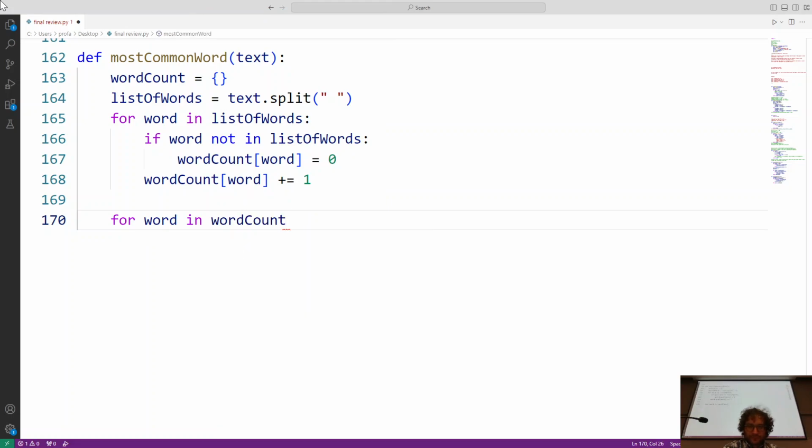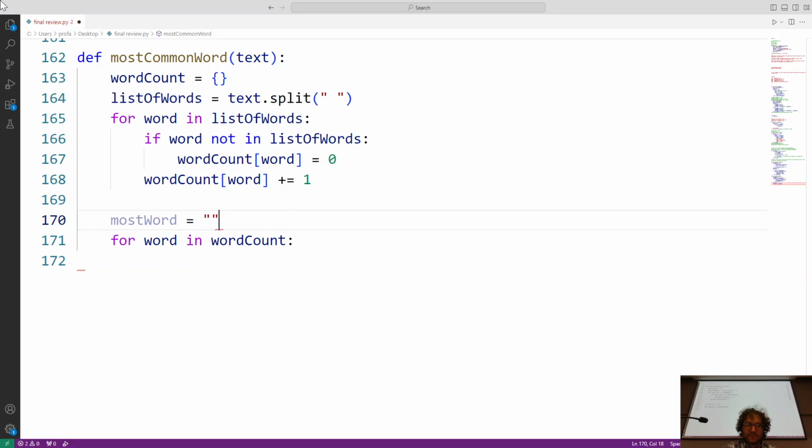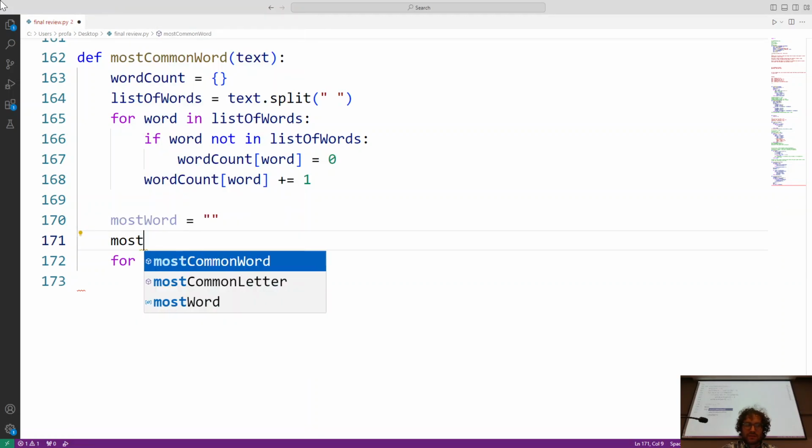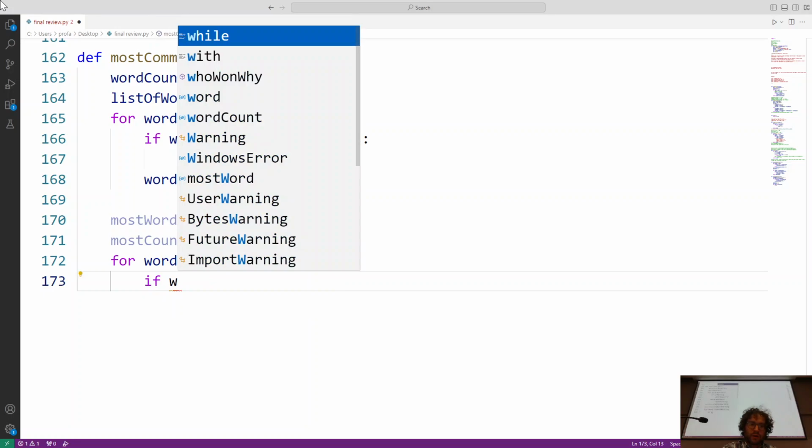What we're going to see is we're going to get most, and then we do the same exact thing over here. Most word is equal to most, count is equal to 0. Yeah. For word in word count, if word,